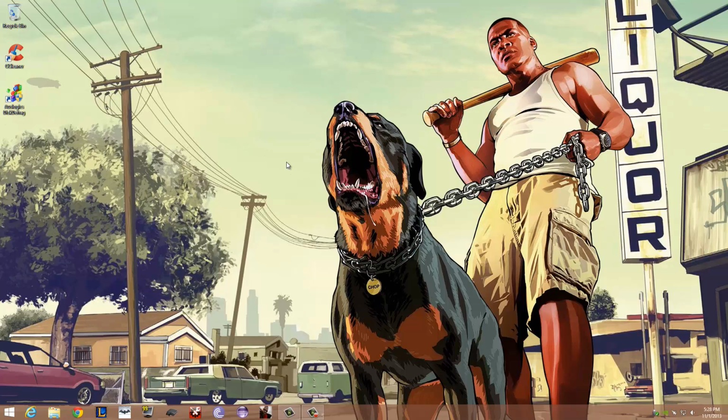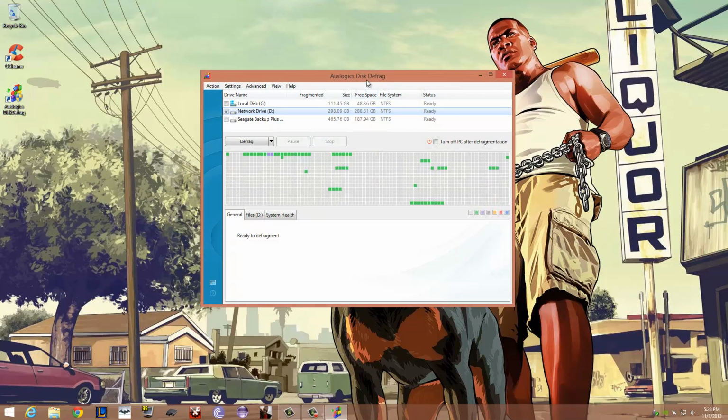Okay, so that takes care of some of the hard drive. What we really want to do next is scan your hard drive, now that we've got all the junk off of it, or most of the junk, and see what can be defragged. If you are running an SSD hard drive, you do not need to defrag. I'd advise not defragging it at all, actually. SSDs are very sensitive to reading and writing, and if you do it too many times, it'll start to degrade your performance. But for a traditional hard drive, which most people have,